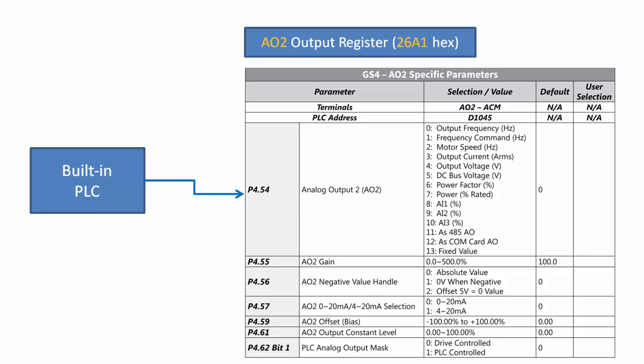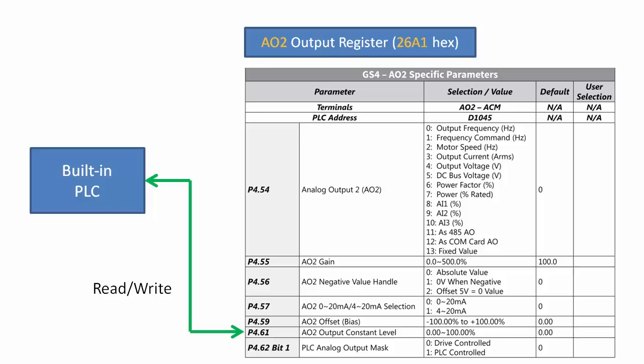And there's one other side benefit to controlling analog output parameters from the PLC. If the PLC writes to its own dedicated register, that's a write-only operation. If the PLC tries to read that value back, it'll get 0. On the other hand, if the PLC uses the drive parameters to output a fixed value, it can read the